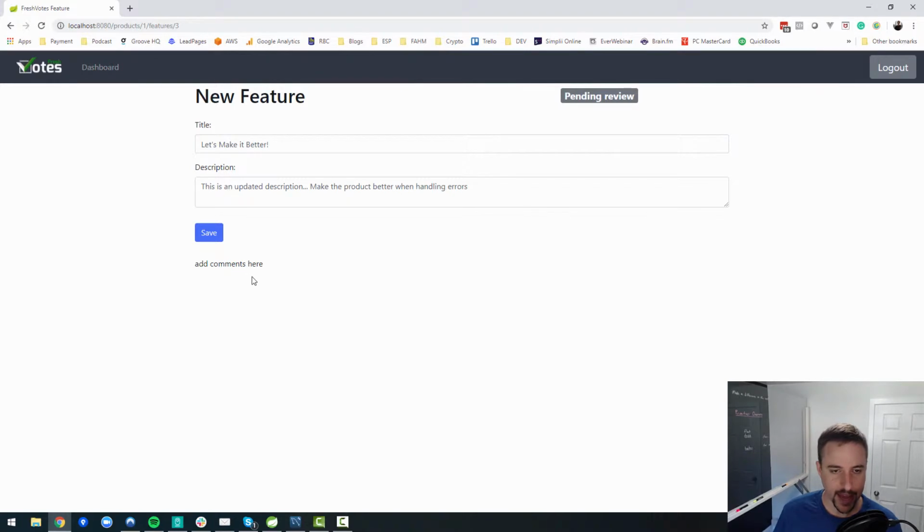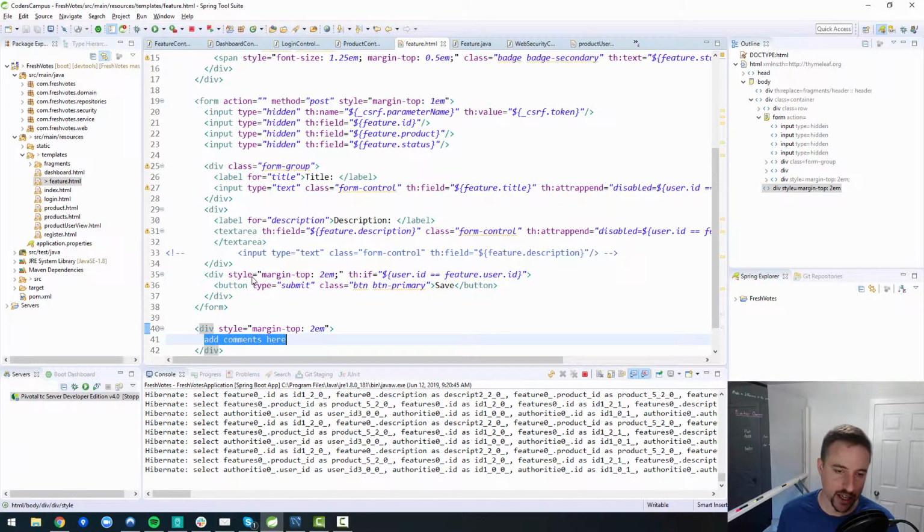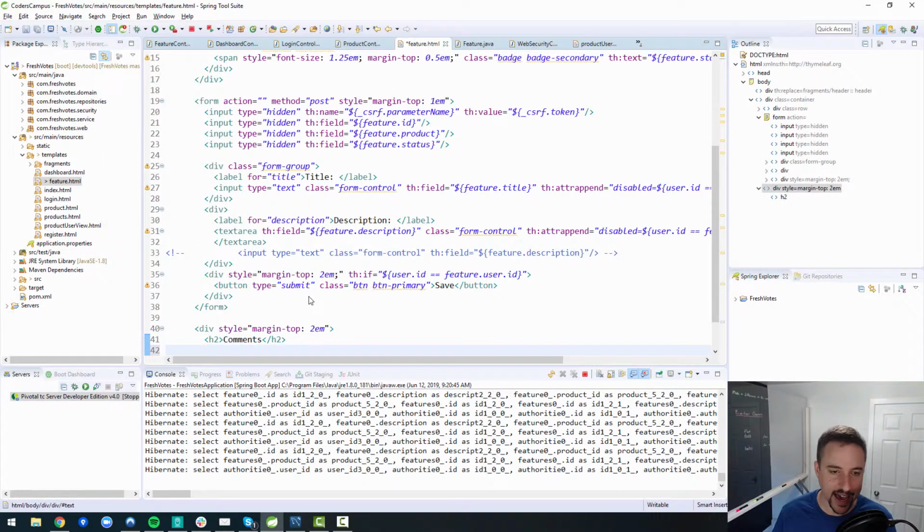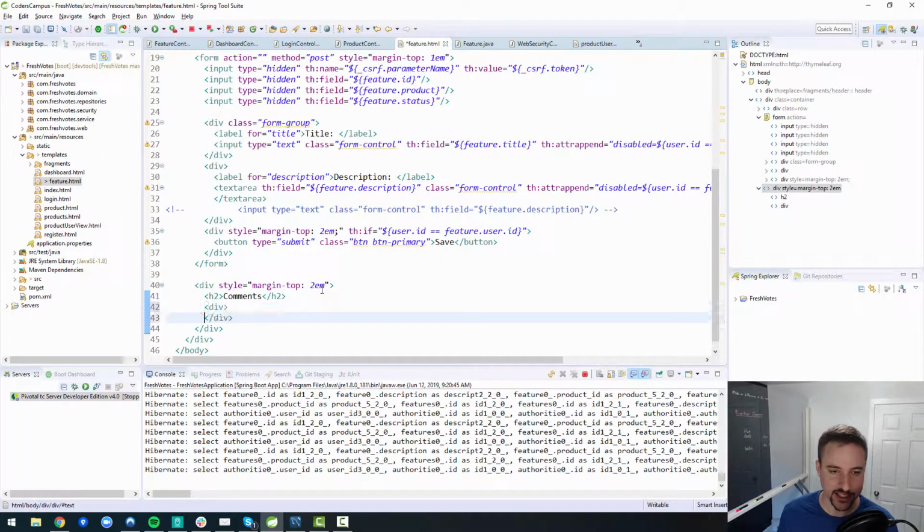Refresh, just so it gives a little bit of padding. And then maybe here we can say, instead of add comments here, we can have an H2 with a title saying comments. And then below comments, we will have the actual comments themselves. So we're going to have some sort of mechanism to do a th:each over each of the comments on